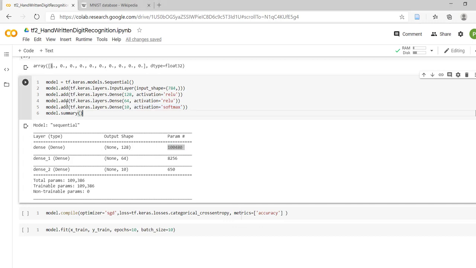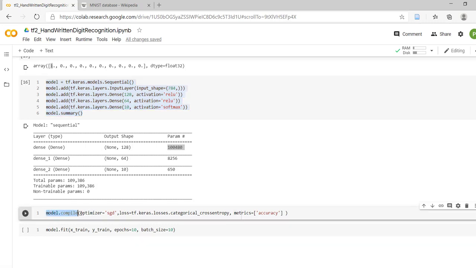So we have successfully created our model, but we haven't specified how our model will be trained on the X train and Y train. So for that we have to use model.compile. Here we are using the optimizer as stochastic gradient descent. Stochastic gradient descent is an optimizer algorithm that helps us to minimize the losses based on identifying the gradients or derivatives at that point.